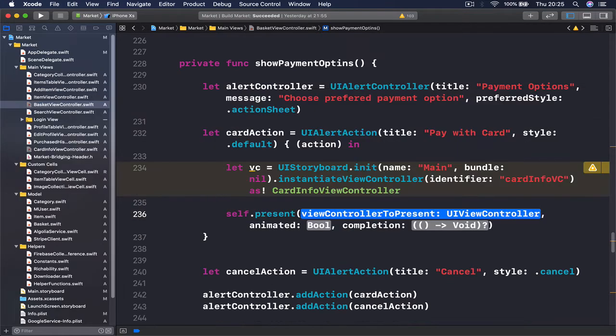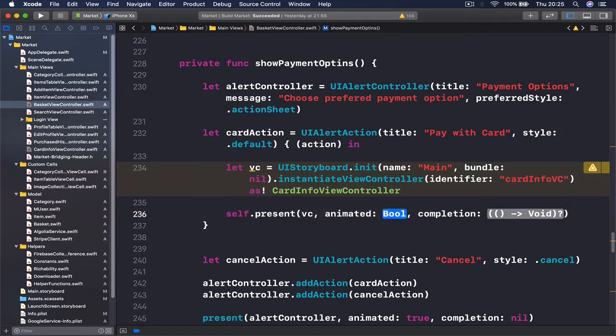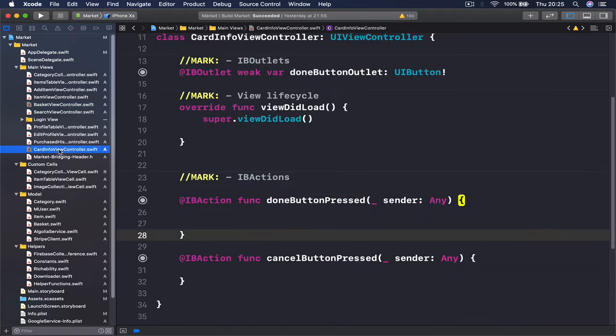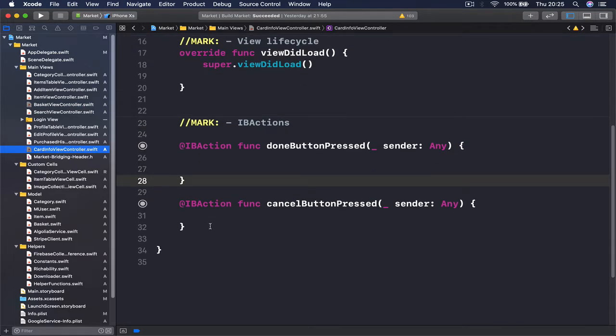So we have the view controller, and now I can say self.present, and we are going to present the VC animated true, completion, we pass nil here. So jumping back to my card view controller, now we have an option to present this view, that I'm going